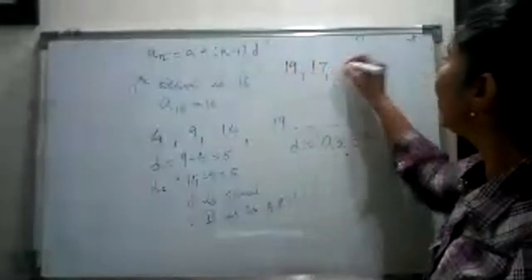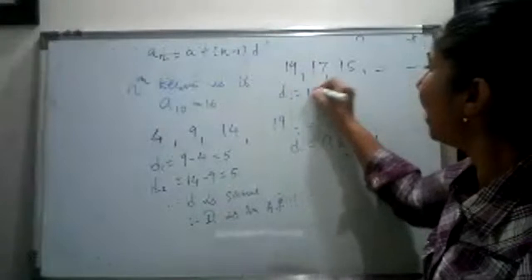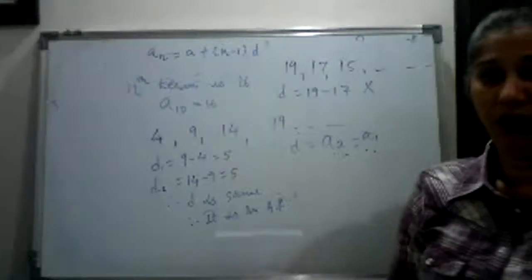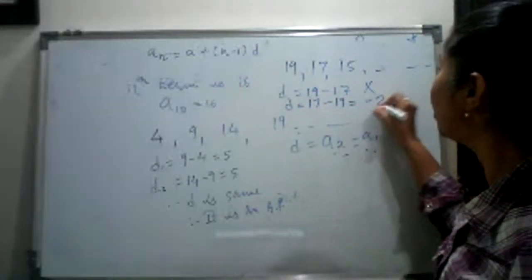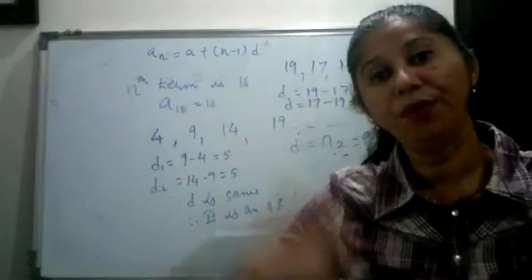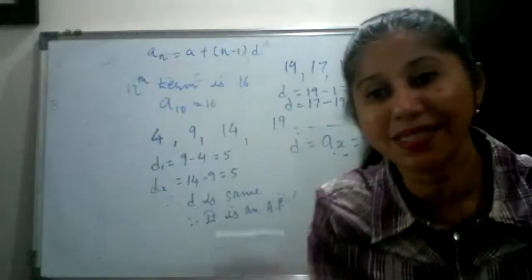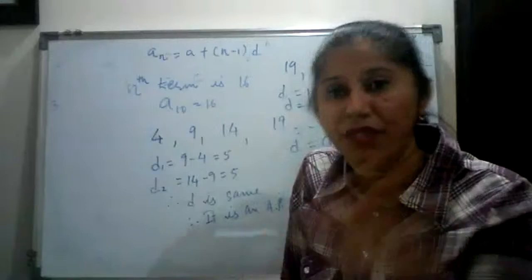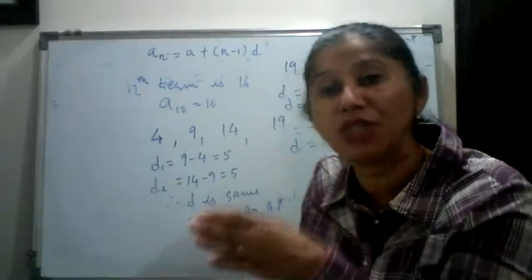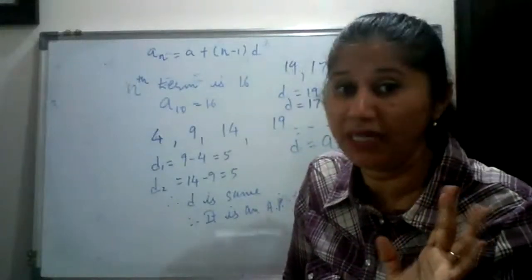अंडरस्टैंड दिस। सपोज ये सीक्वेंस में ऐसे दे दूं 19, 17, 15 एंड समथिंग समथिंग, तो यहाँ पे डी आप 19 माइनस 17 नहीं लिखोगे, ओके, here d is equal to 17 minus 19, that is minus 2, so your d could be positive, your d could be negative। जब असेंडिंग ऑर्डर है आपका, स्मॉल से बिग पे जा रहा है, तो आपका d डेफिनेटली पॉजिटिव है, बट यदि डिसेंडिंग नंबर है, ओके, डिसेंडिंग पता है ना आपने, बिगर टू स्मॉलर, शुरू बड़े नंबर से हो रहा है, आपका a बड़ा है और फिर नेक्स्ट टर्म से छोटी होती जा रही, तो उस केस में आपका d नेगेटिव होगा। And be careful about minus sign, don't take it for